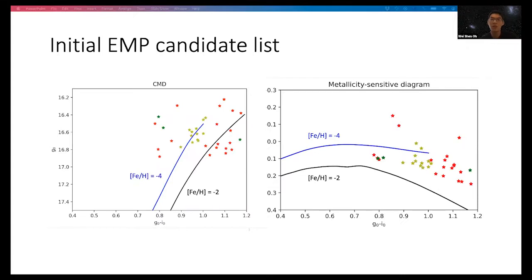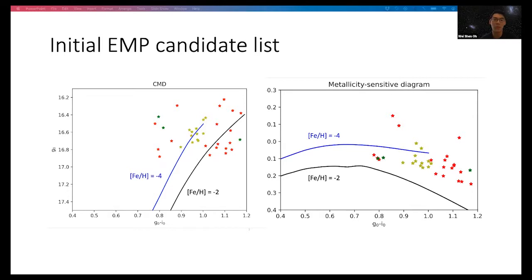To begin searching for these elusive EMP stars in the Magellanic Clouds, we need to first create an EMP candidate list. The figures over here show the color magnitude diagram and the metallicity-sensitive diagram for high-priority EMP stellar candidates using data from SkyMapper DR3. This was cross-matched with Gaia to apply further cuts based on proper motion and parallax. This metallicity-sensitive diagram is a tried and tested method that uses a color-color plot to attempt to isolate and identify